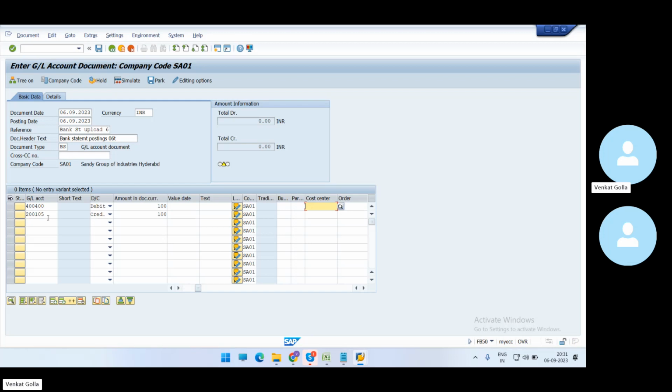That is the mandatory fields. Some companies will use the profit center also; that depends on the organization requirement. But you need to tell at least a few things from the interview point of view. Bank charges. Then